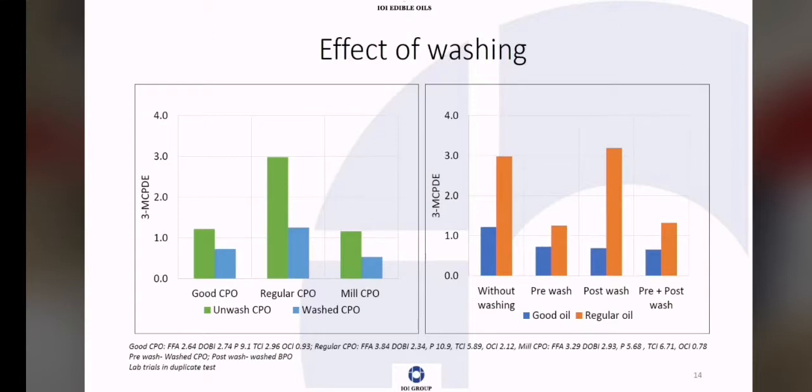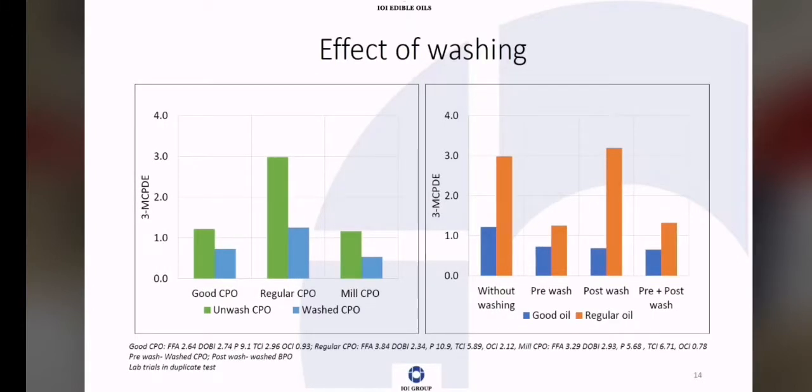And you can see with good CPO, you can even get good quality with just unwashed CPO, right? And another interesting thing is the best results are obtained from fresh production from the mills. Whether washed or unwashed, the best results are obtained if you were to be able to process it as freshly